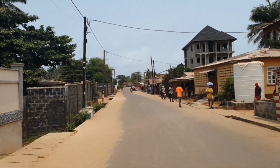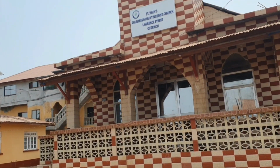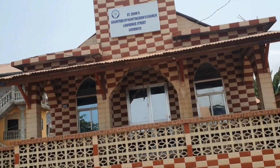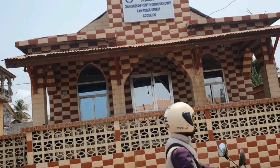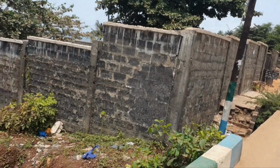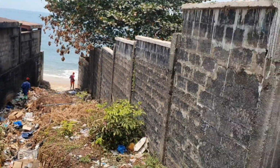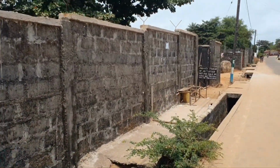Just crossing. So this is St. John Countess of Huntington's Church, Lawrence Street, Ascot. That is their building, and of course there is some sort of a bridge or drainage system which has definitely been turned into a dump right there. But we continue